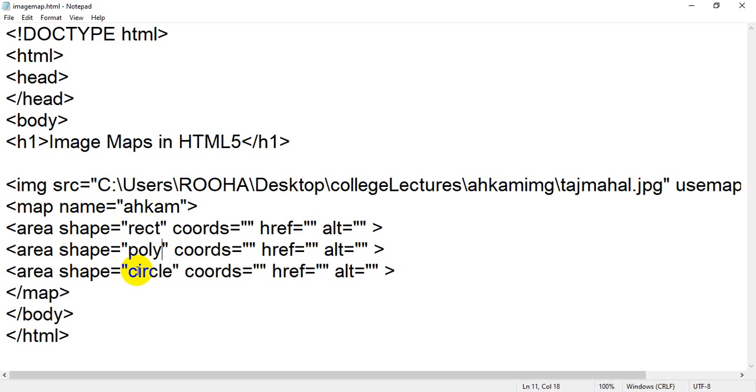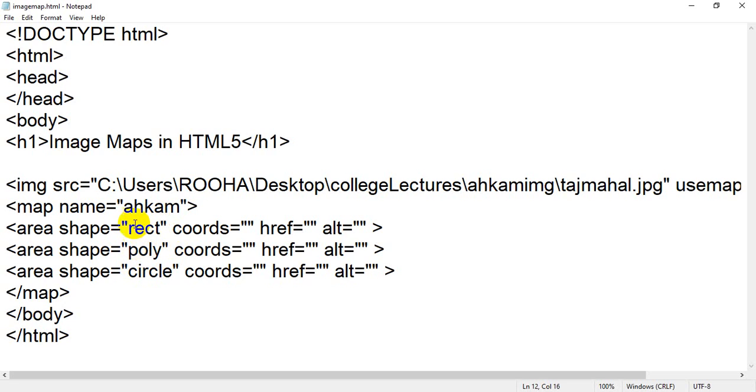Okay, then we have the final valid value of shape attribute, that is the third value, circle. So there might be a question in your examination that what are the valid values for shape attribute of area tag. So shape is an attribute of area tag, and the values for shape attribute are rect, poly and circle.